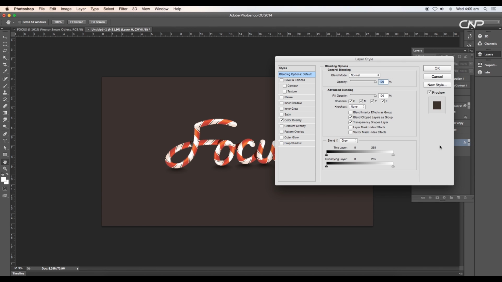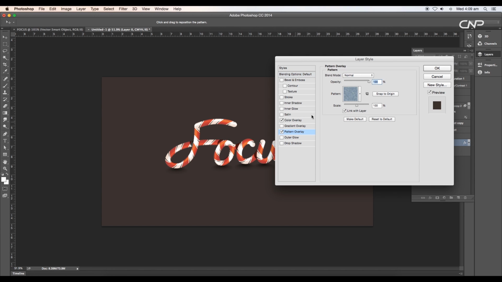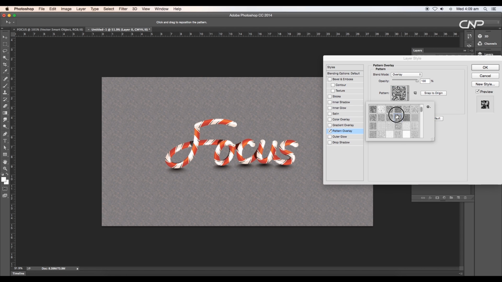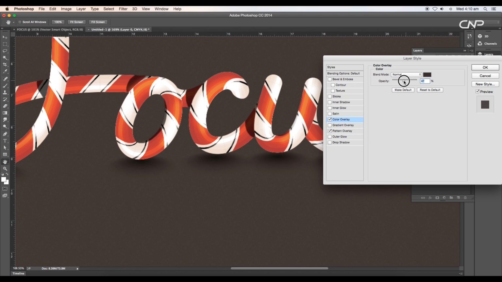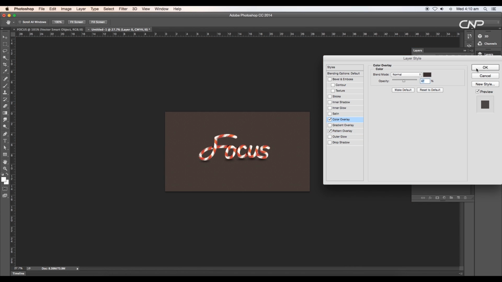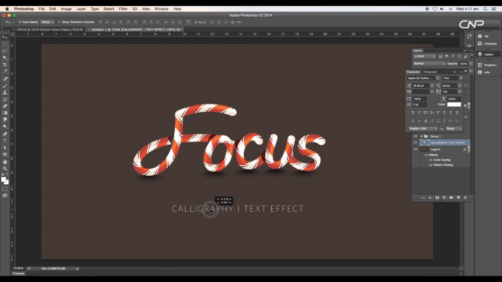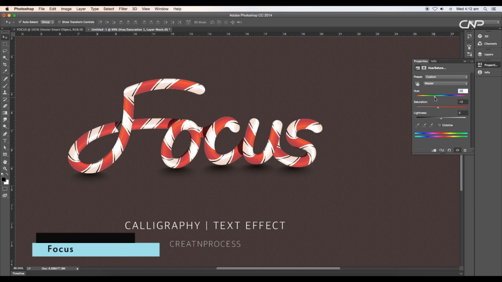Lastly, open the Layer Style panel of the background layer. Here we'll add Pattern Overlay. Change the blend mode to Overlay, choose this pattern and reduce the opacity to 6 and the scale to 33%. And reduce the color overlay opacity to 47%. Then click OK. At last, type out the text with the proper font and size, adjust the saturation value to